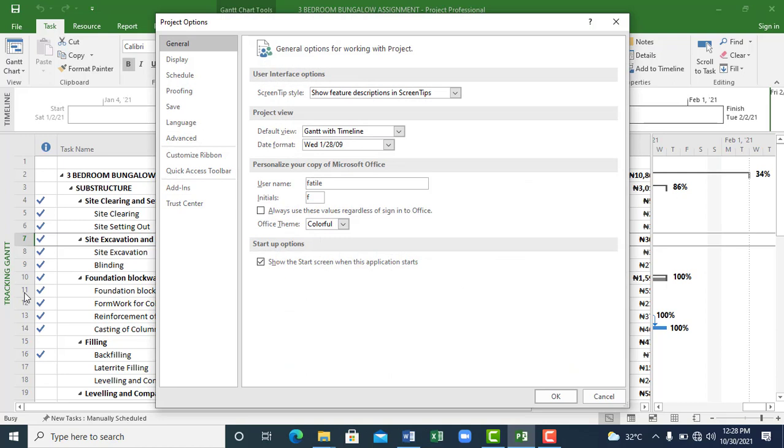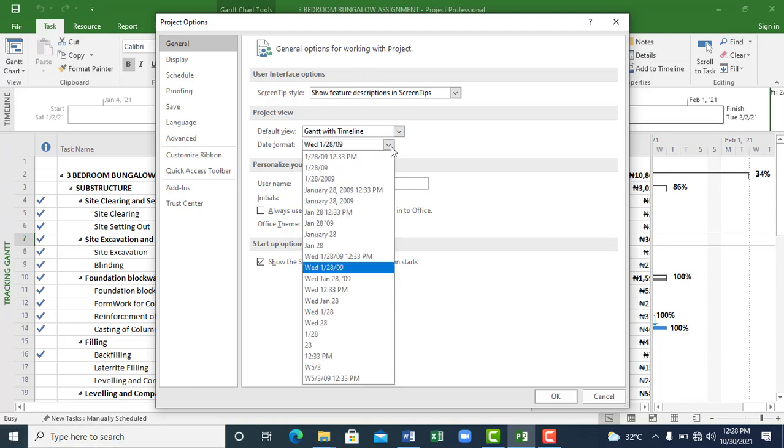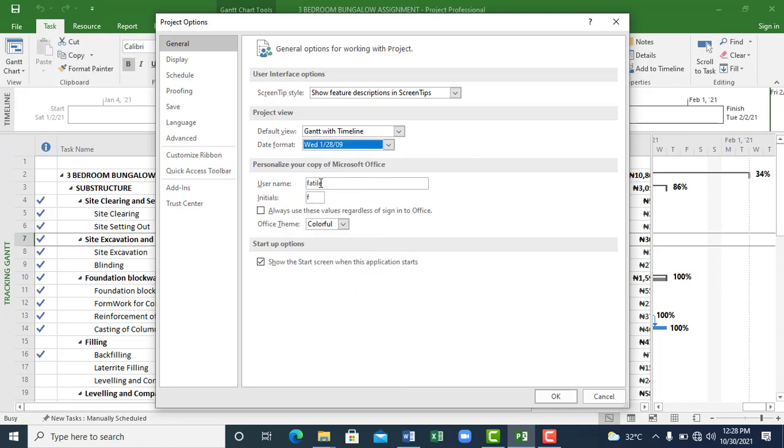So we're in the options interface. We have the general menu. Under the general menu, you can set your date profile. We have different formats for project dates. Your username and your initials